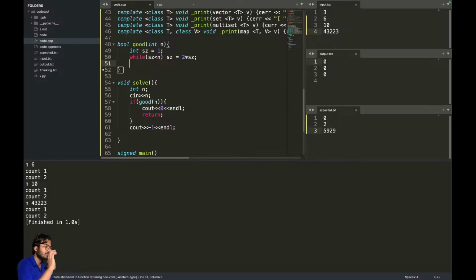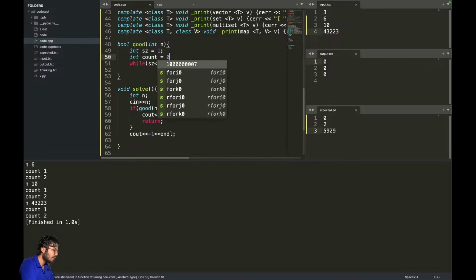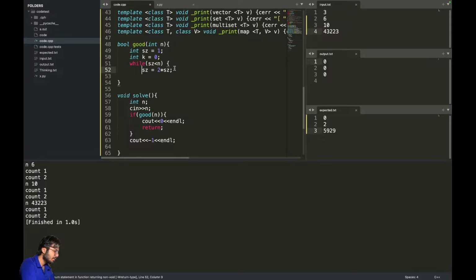So we have this. Now what do we return? Let's say int count equals int k equals 0. This is actually not the correct way to do this, but